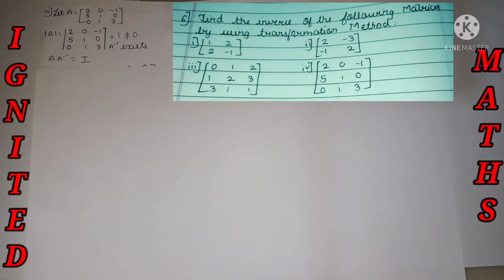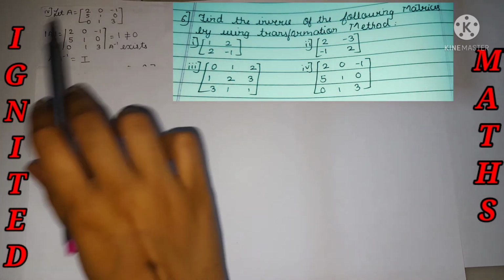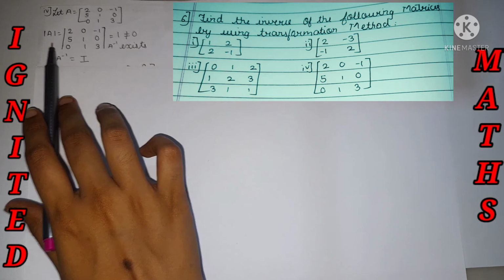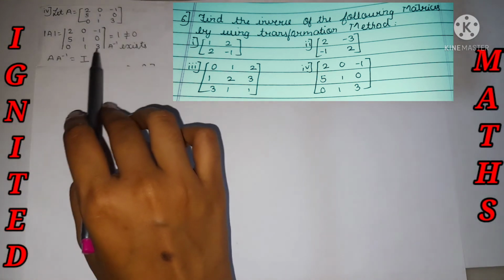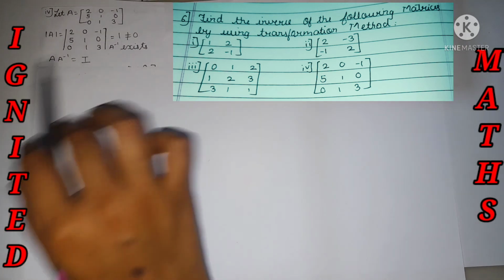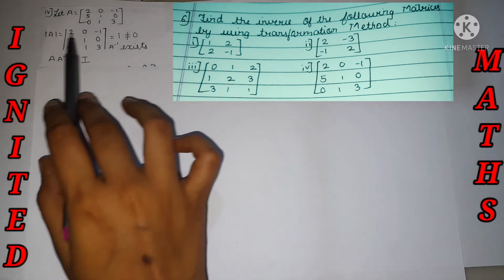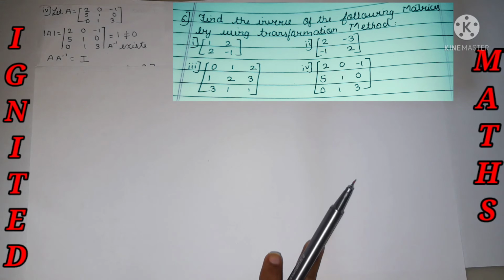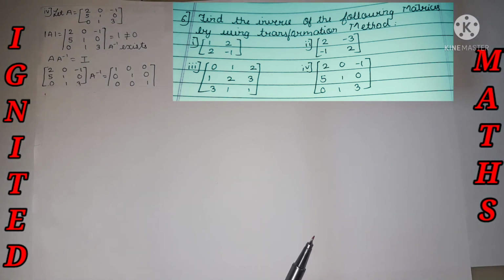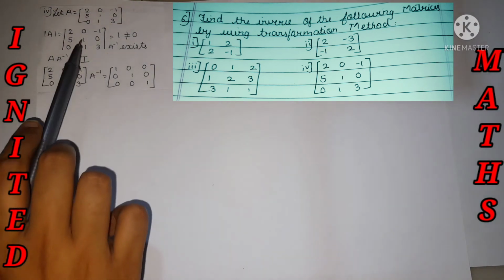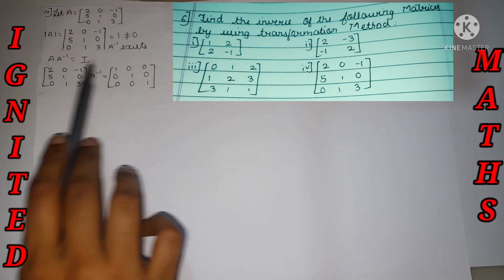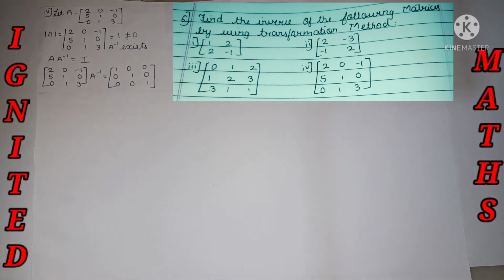Now let's move to the fourth sub question. Over here the A matrix is given. The first thing is we need to find the value of A determinant, so that A inverse exists if it is not equal to 0. The second is A inverse is equal to I. So this is nothing but my A value, A inverse is equal to I. Now what is my next step? We need to bring this element in the form of 1 0 0, 0 1 0, 0 0 1.